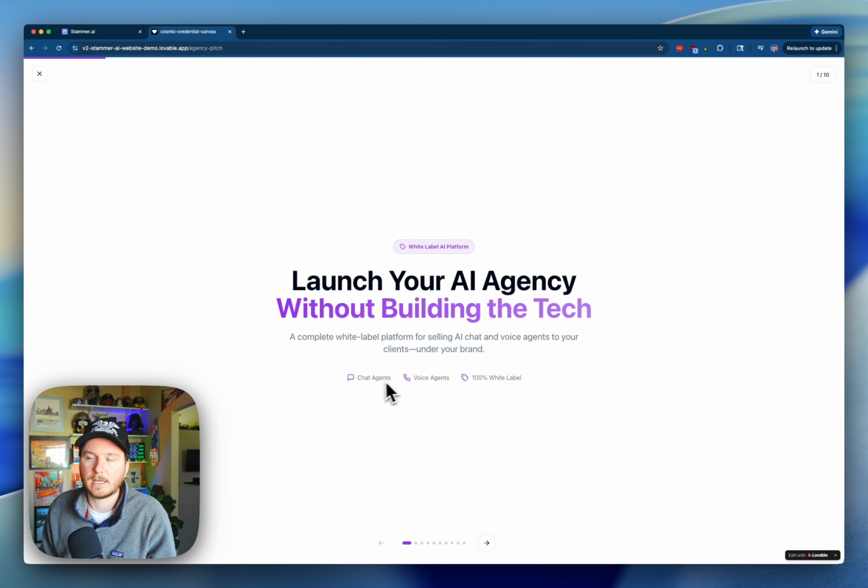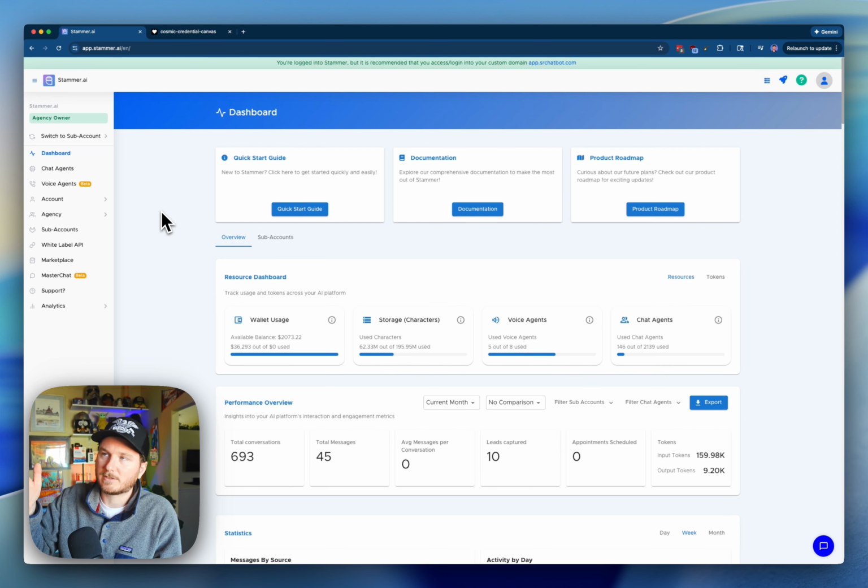So without further ado, to get started, we're going to show what it looks like from the different sides of white labeling. So when you first get started and you log into the platform here, you're going to see all of Stammer's branding. And this is going to be what you and your agency and your team see when you first get started. Now, once you get your free trial started, you'll have access to the full suite of white